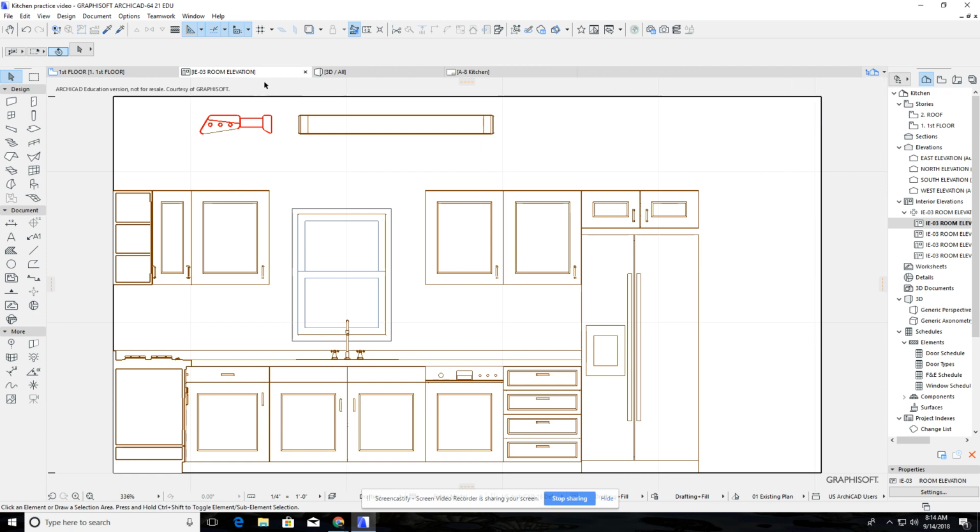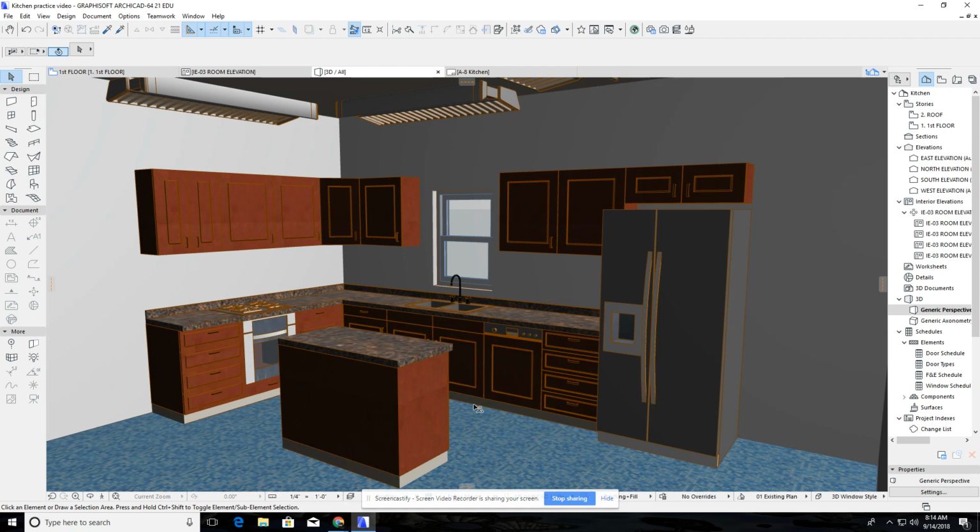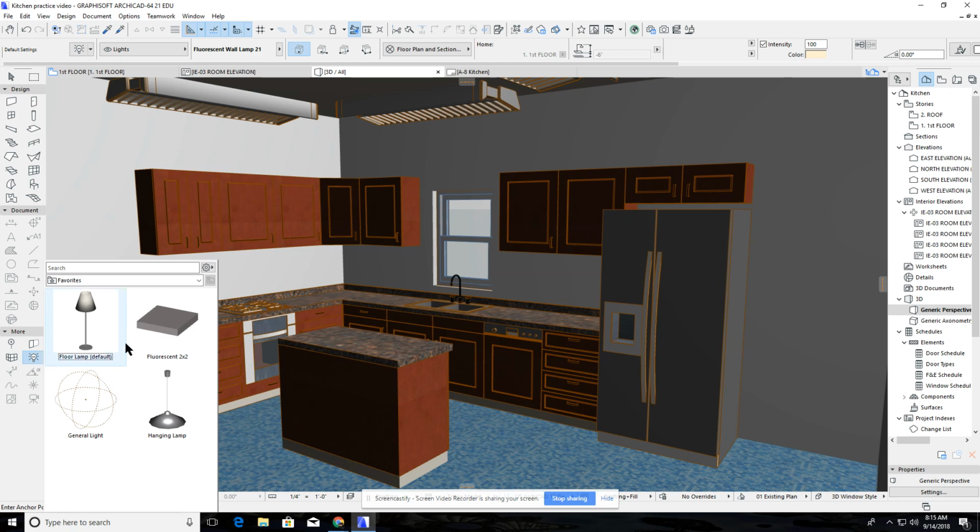Now, what we do, and I'll show you how to do the kitchen layout here in a minute, because we'll have to do something. So then your renderings, when you do these, just go to your 3D view, find a good position. We're going to do two of them. So you want to show everything about your kitchen. So make sure you put lights in. I put these lights here, over here under the lamp tool under the more section. I think we'd use this one. You could use the general light. Just make it so it illuminates your